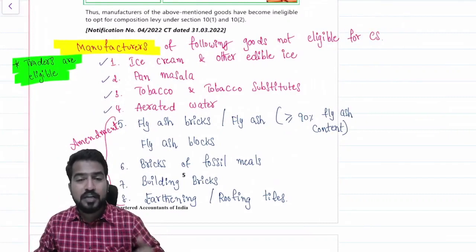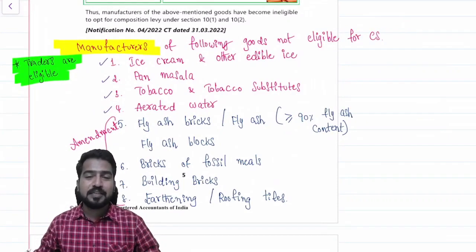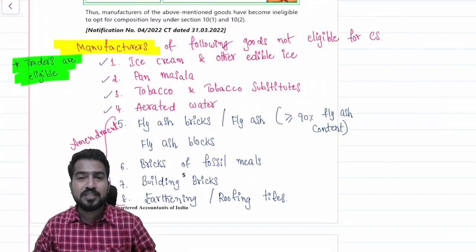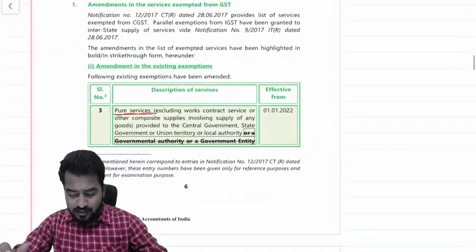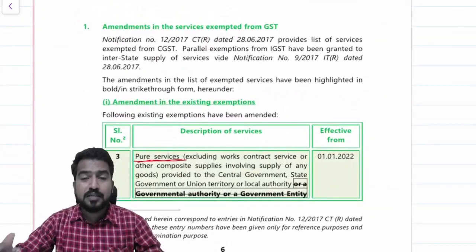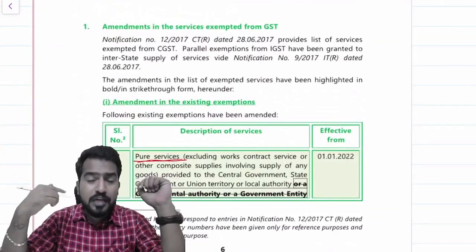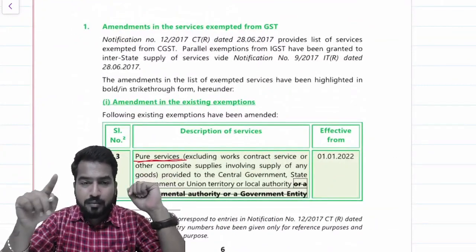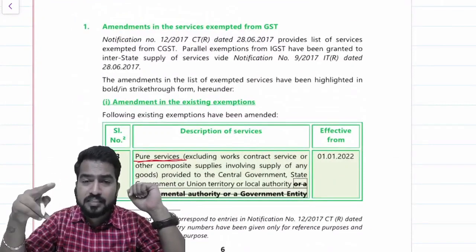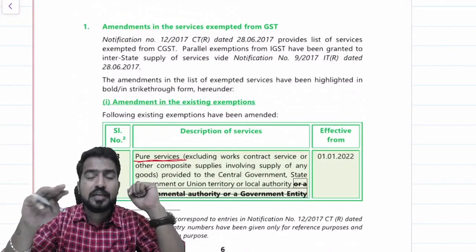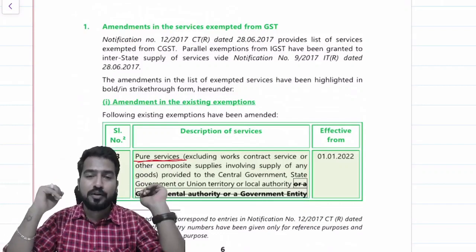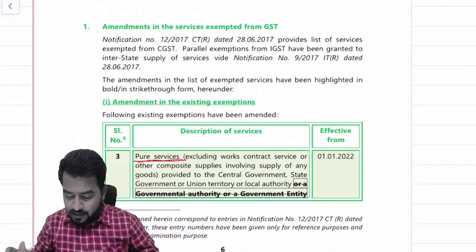Fine. So let us move on to the next chapter, chapter number 4, exemptions. And in exemptions also, obviously the exemptions are very easy. So we are going to discuss first the exemptions which got amended, number 1. Next, the exemptions which are newly added, and we will also see the exemptions which are withdrawn. So let us go with the first thing,